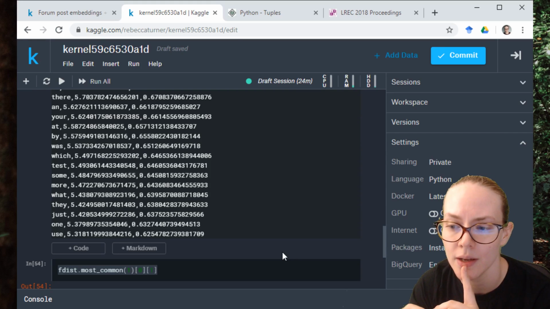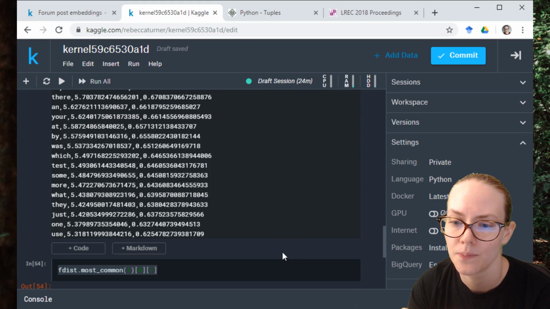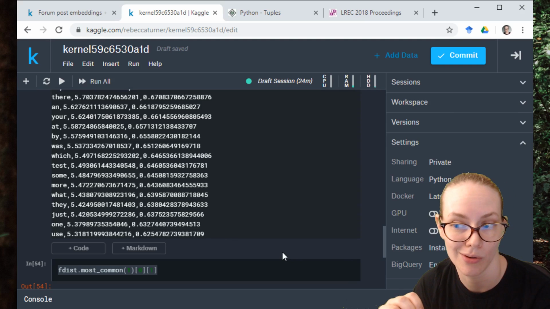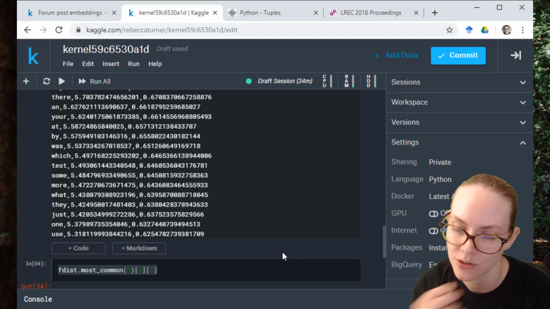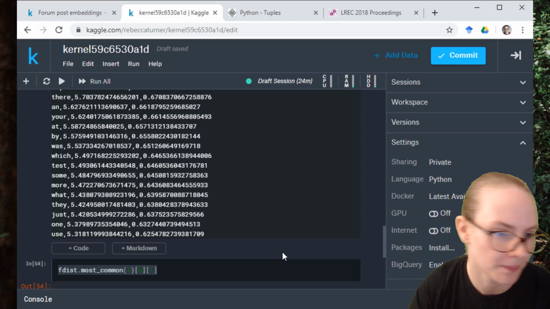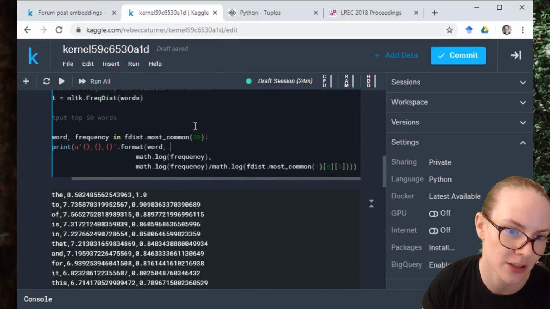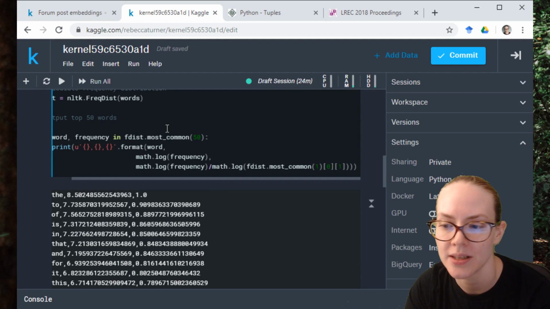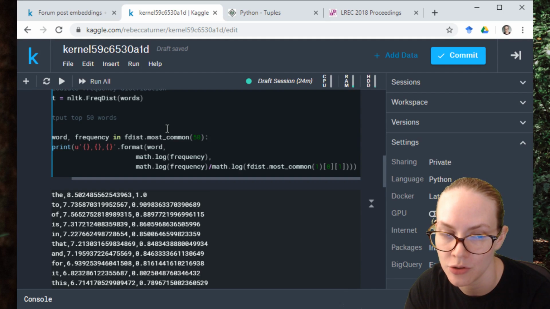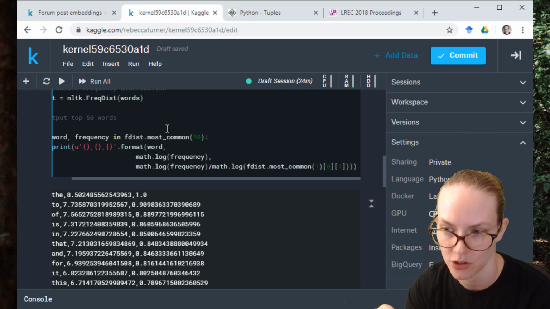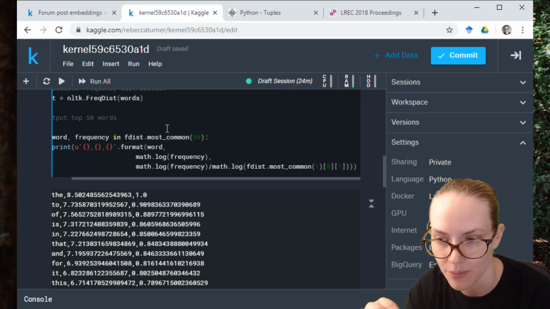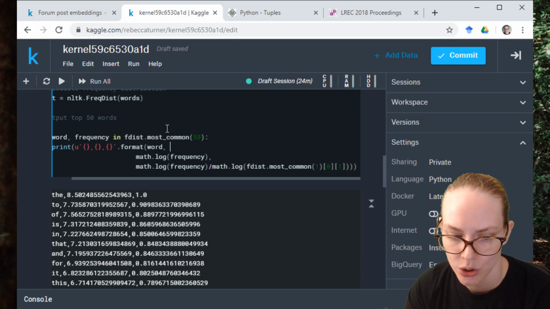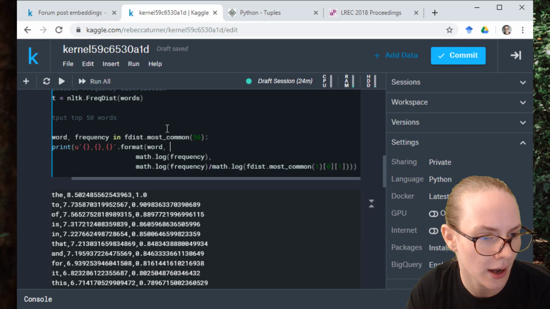So I do want to do that, and we could probably just subsample the whole corpus instead of doing the whole thing, because we are normalizing. This measure of salience we're doing with the log frequency divided by the log frequency of the most common term means that for any new corpus, we could use the same measure and normalization and get comparable information out. So, yes, I do want to do the whole thing.